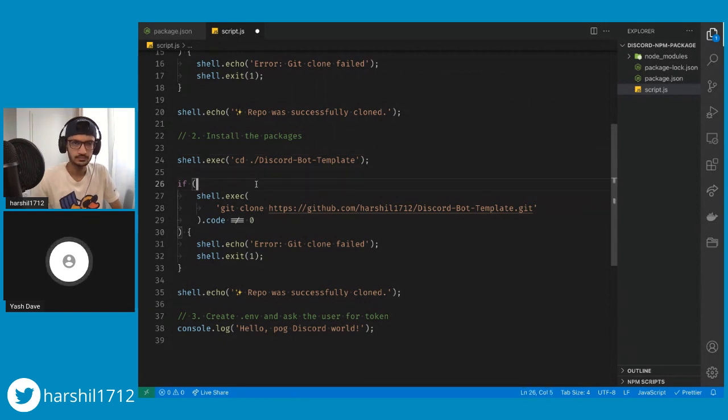Since we don't have any arguments right now, I think that would be okay, and then we do shell execute. This would be npm install,